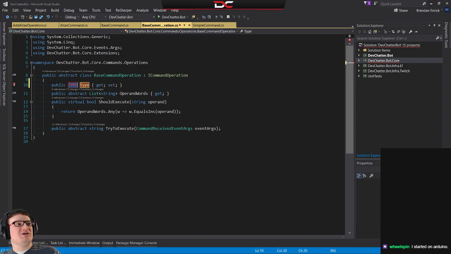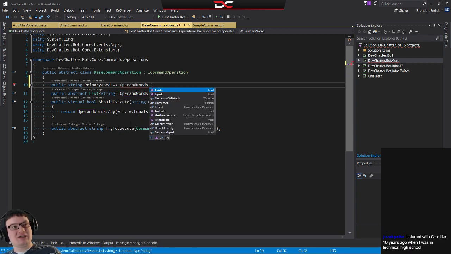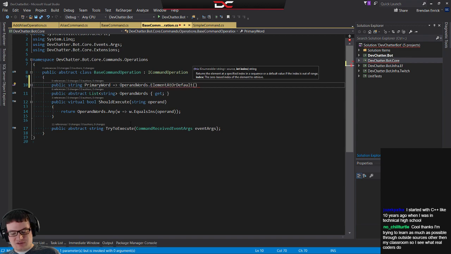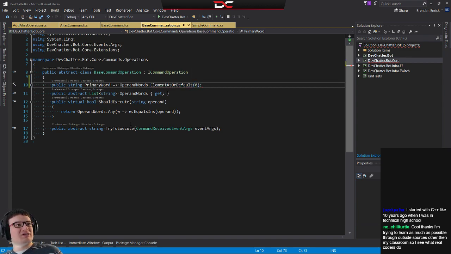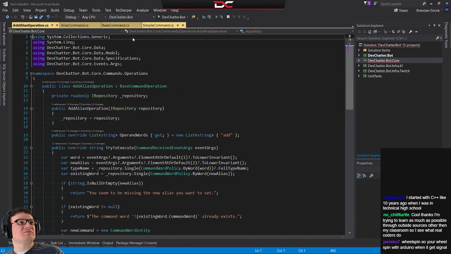I want to make a property called primary word. And this is just going to be operand words dot element at or default 0. So, well, actually, I guess it'll just be a first or default. So we're just going to grab the first or default word as our primary word,